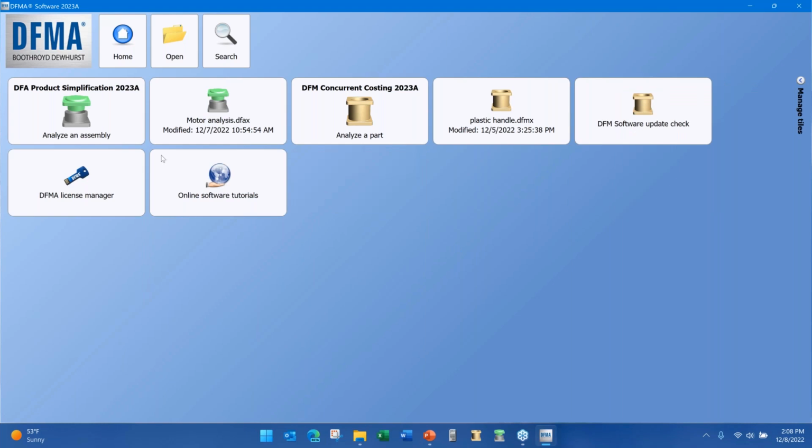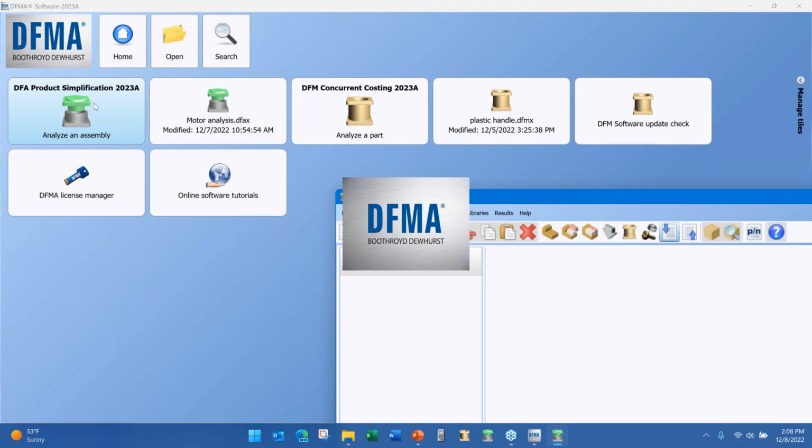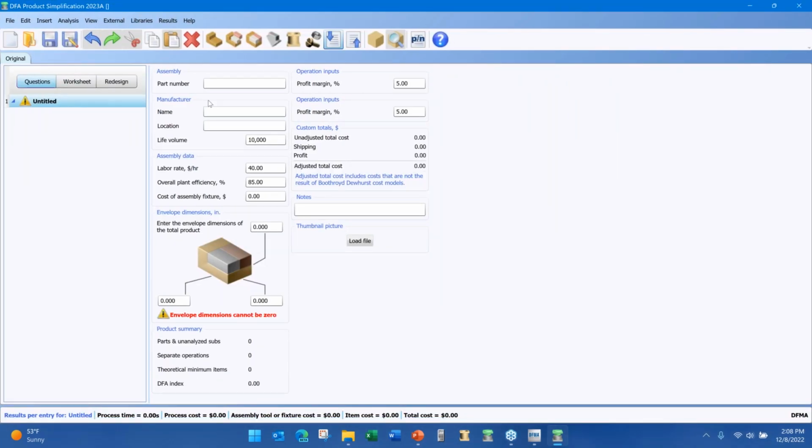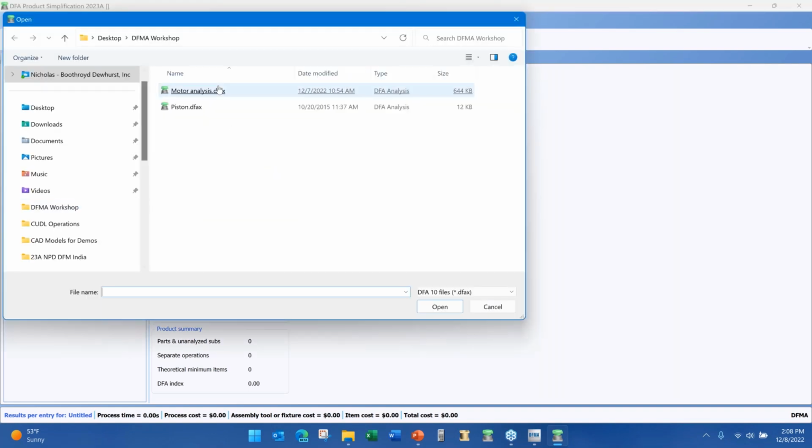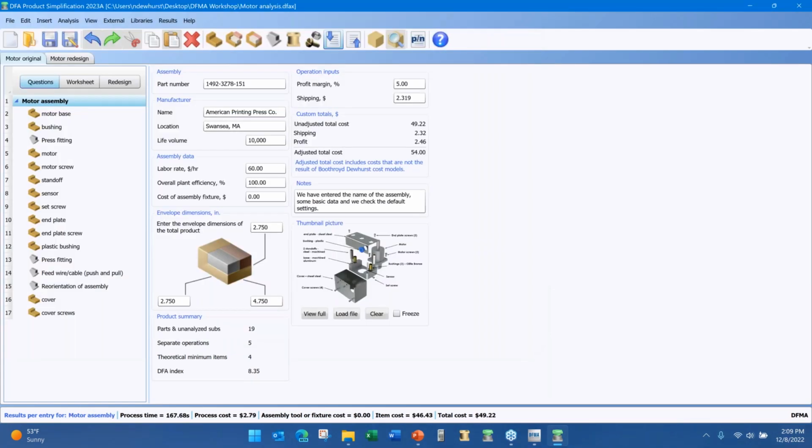Next, I'm going to open up our Design for Assembly software, the Product Simplification 2023A release. And so if I click that tile, you can see it runs that for me. And I'm going to open up a completed analysis here. So I'm going to open my friend the motor analysis. You're all probably familiar with that if you've watched our webinars in the past or gone through any of our tutorials. And I'm not going to get into the details of anything associated with this now in terms of its actual analysis, but I'm going to point out a couple of the things that we've enhanced and added to the